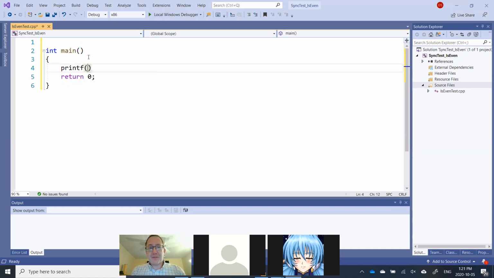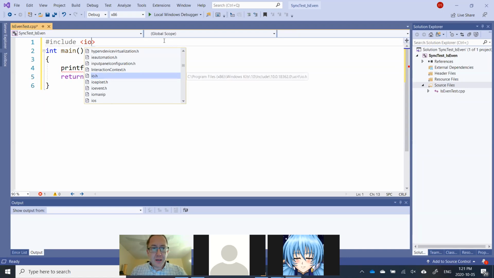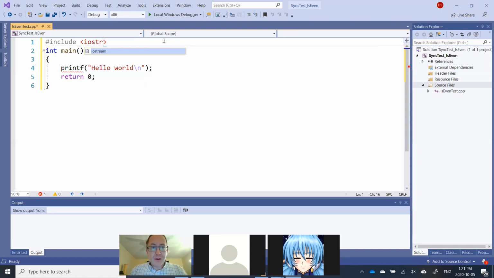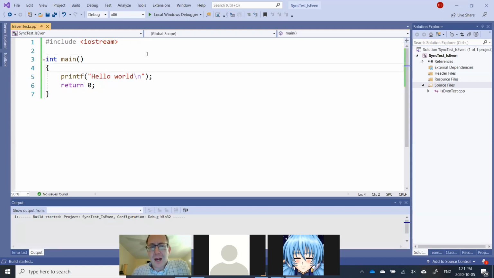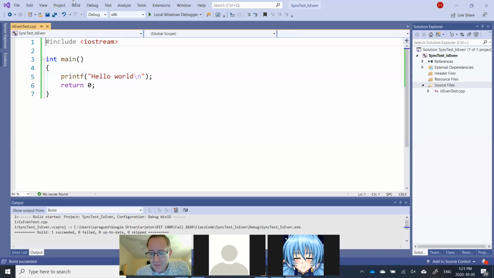Okay, let's do a printf. Let's just do a hello world \n, right? This puts it on a new line afterwards. And I need to figure out what the heck I'm missing here. Oh, wait, I need to include some stuff in here. So I'm going to include iostream, let's say. I could have included a bunch of different things. A lot of these things should actually do printf, but iostream would be one of them. I think standard library will give you printf. There's a lot of things. If I leave it off though,